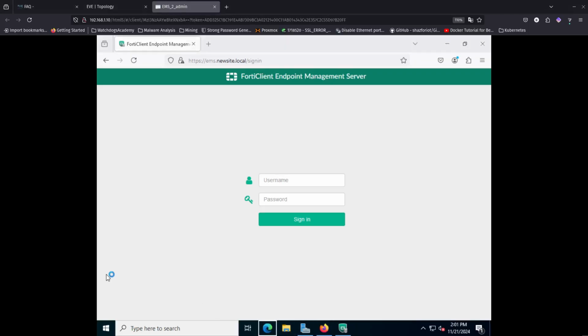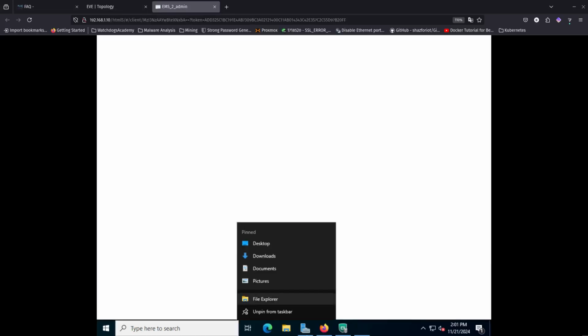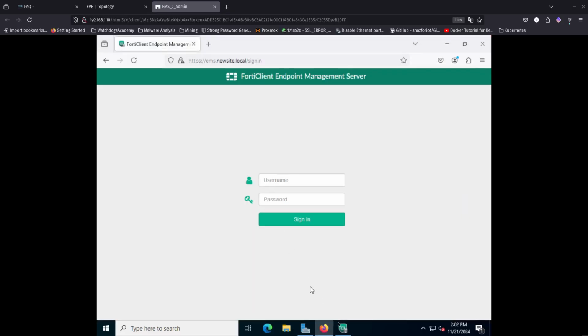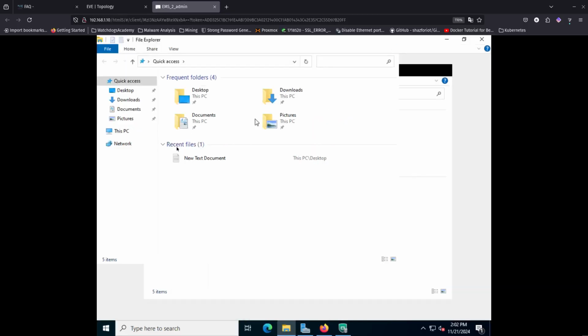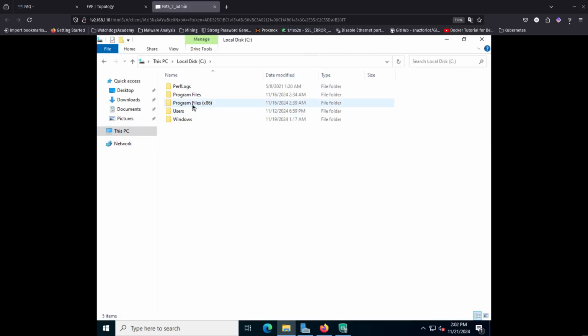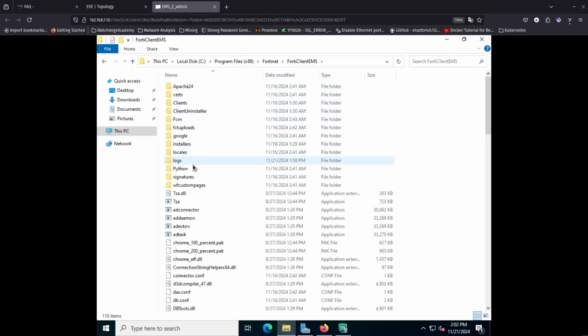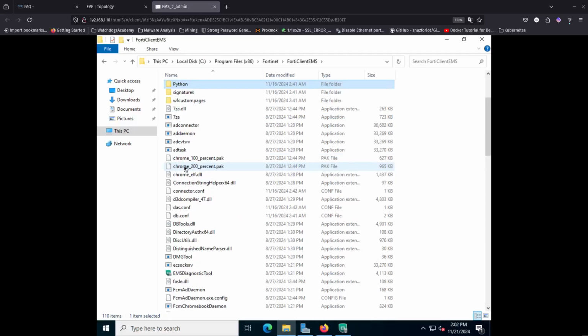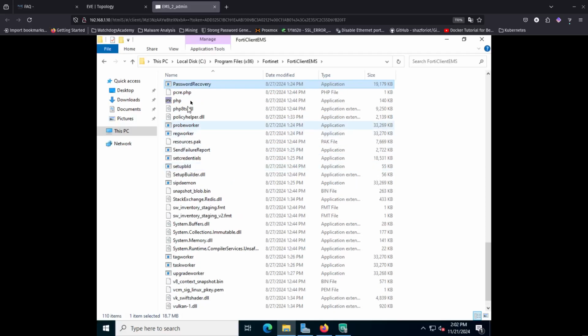So let's go ahead and go to the C drive. Let's say that, oh man, we forgot our password. So let's go to File Explorer. We're going to go to This PC, where we have the FortiClient EMS install. Program Files (x86), Fortinet, FortiClient EMS, and in here we should have an executable called Password Recovery.exe, which is this one right here. So we are going to run this,